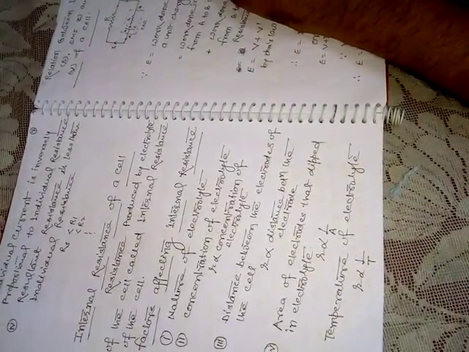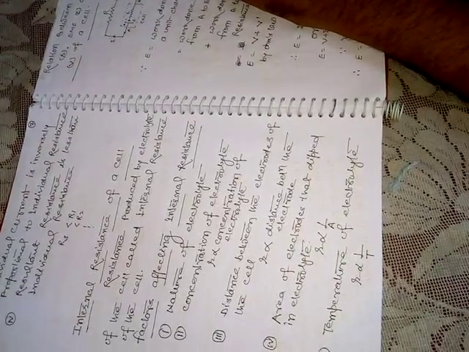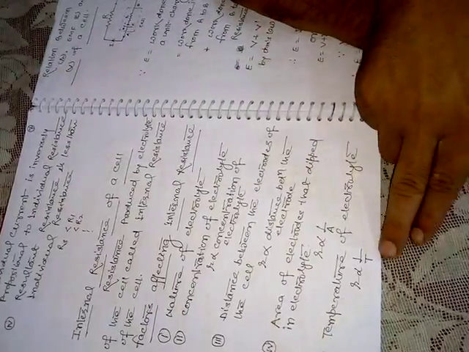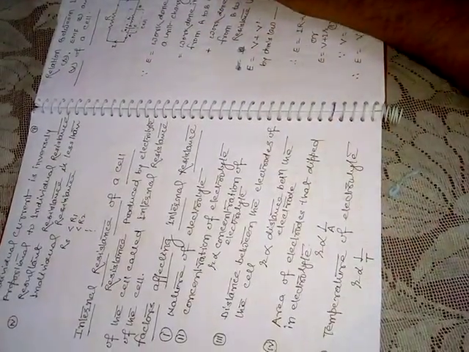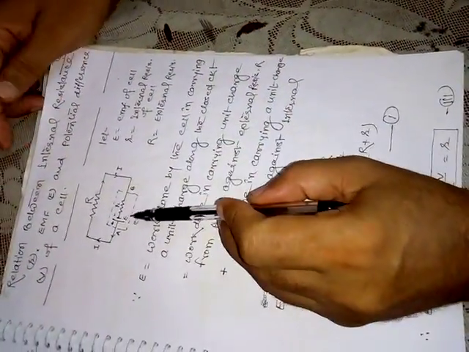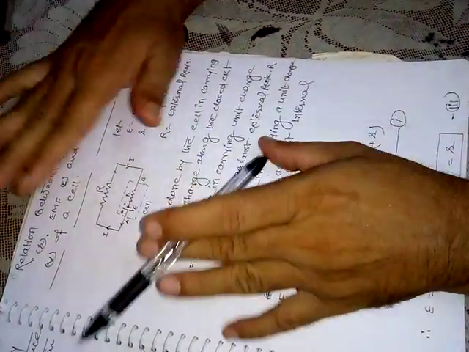It means if temperature is more, then what happens? The mobility of charge carriers or ions gets increased. It means conductivity gets increased, meaning resistance gets decreased. So R is inversely proportional to temperature. Let's see the relation between internal resistance of the cell, external resistance, EMF and potential difference.